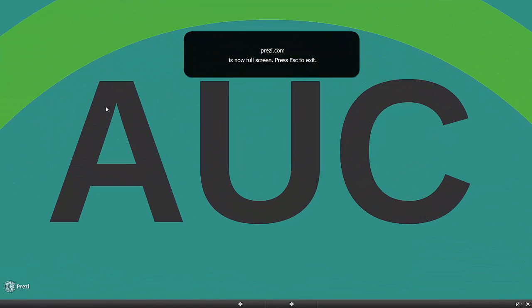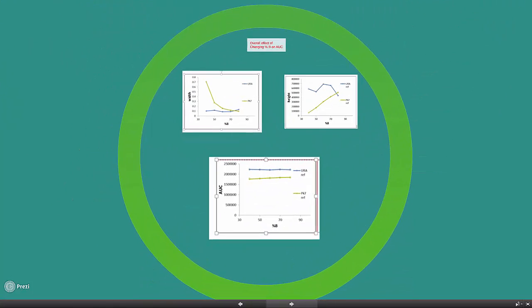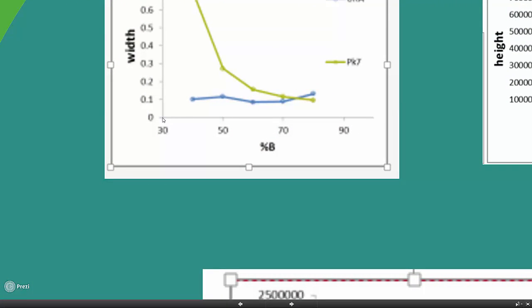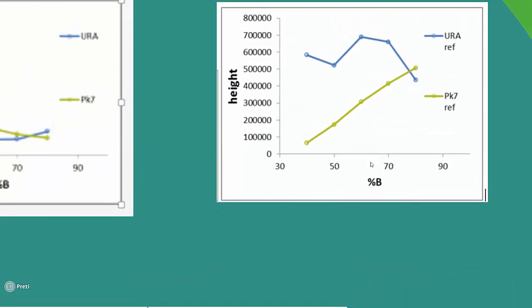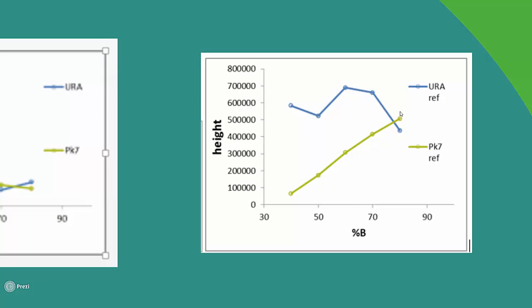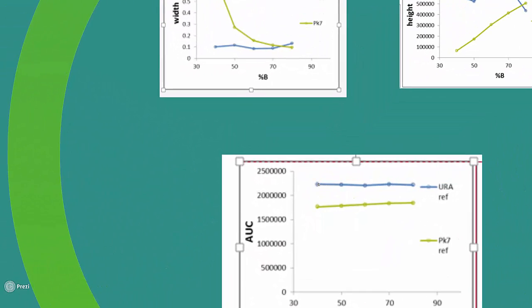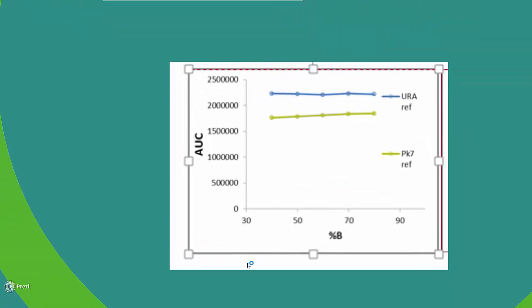So let's look at it because there's something special about area under the curve. If you increase percentage B, you decrease width. And here, if you increase percentage B, you increase height. So overall, we can say that the AUC is not affected by an increase in